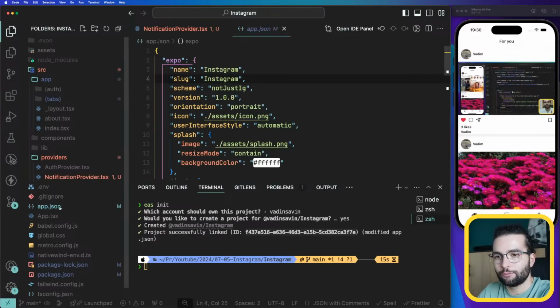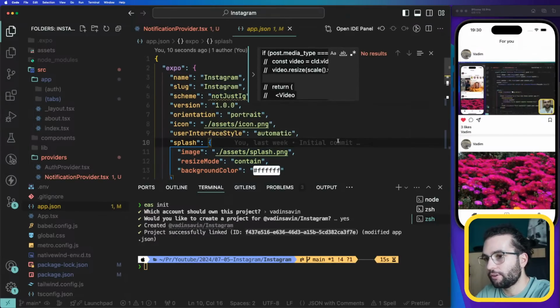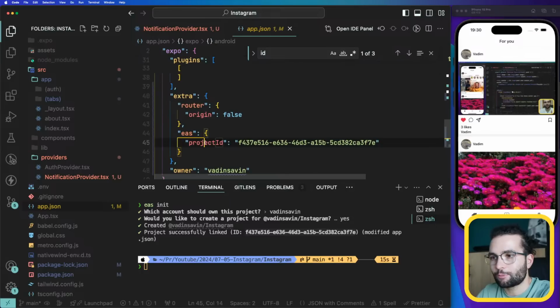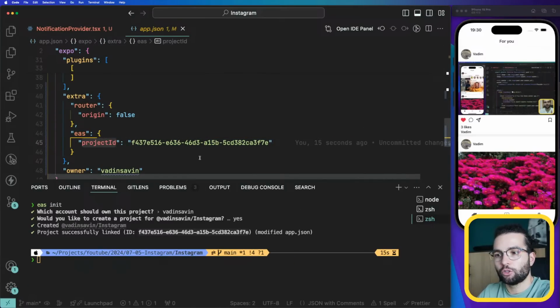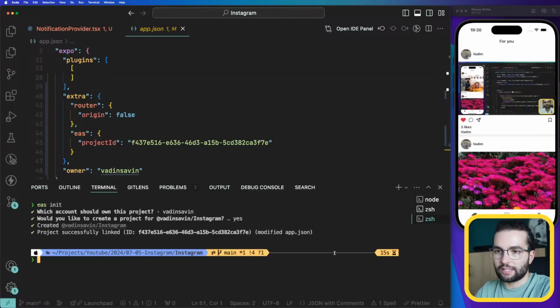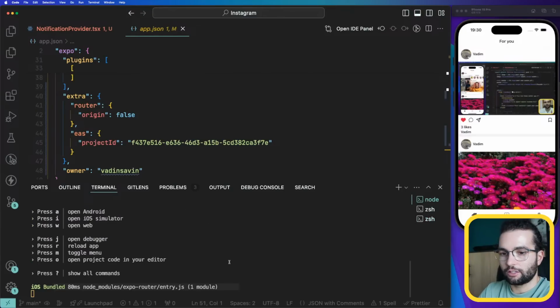So if you look in app.json, now it should have some kind of ID for EAS project ID. And if you open via expo.dev, you're gonna see your project there. Now with this project ID, Expo knows what is your project and how to send notifications to your project. If I go back to the terminal here and reload my application on my physical device,